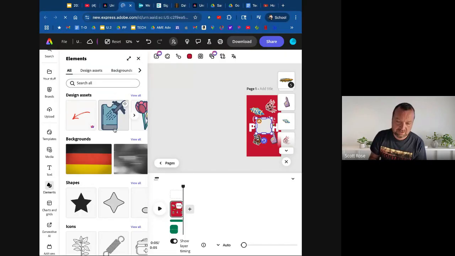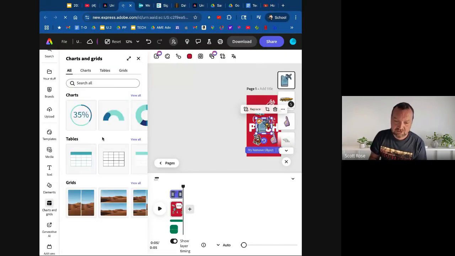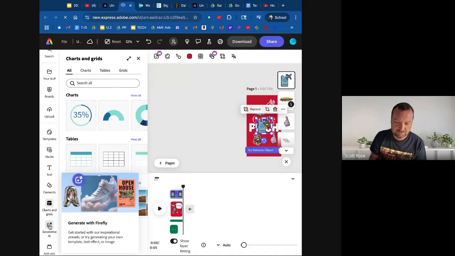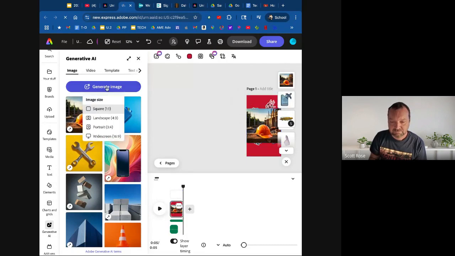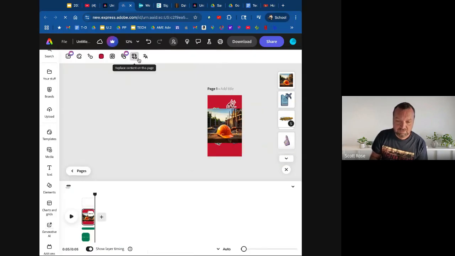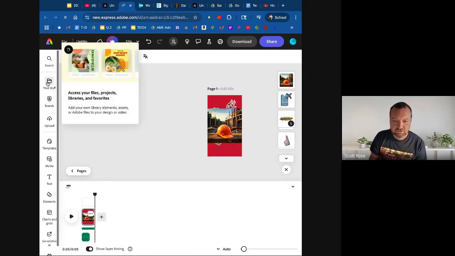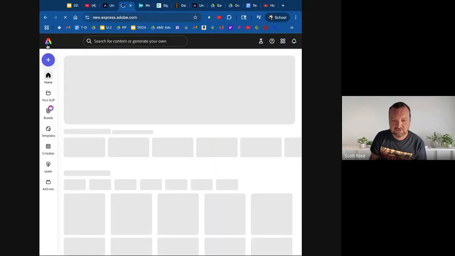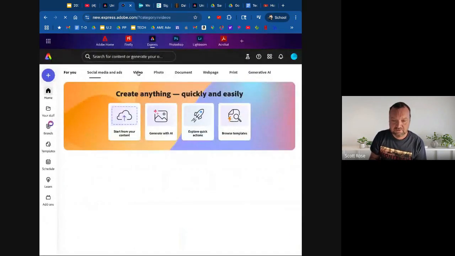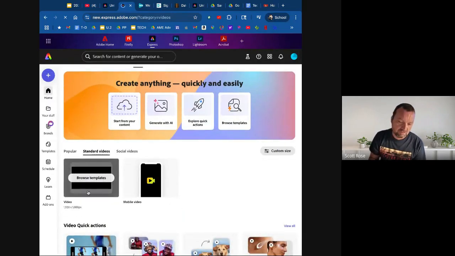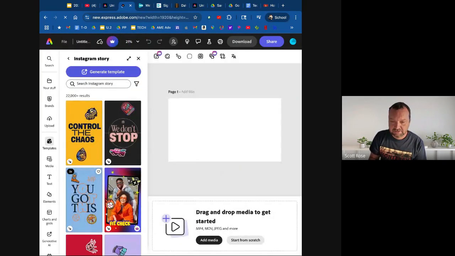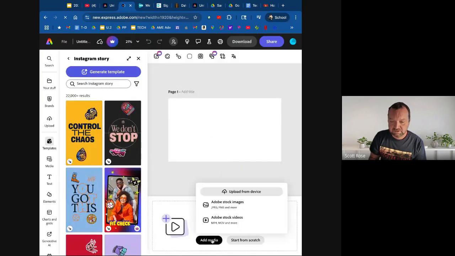Elements are like different pictures you can add. Charts and grids as well. You can do that. Generative AI, you can pick an image and then decide how you want to change it. And if you didn't want to do an Instagram story, you can go back and then change it to a different one. So for example, if I go back to video, I can go to standard videos. I can do a regular 16:9 or widescreen video. Click on that and I click add media,